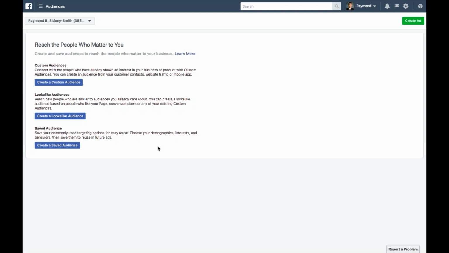So you can create custom audiences from your own databases of information. So say you have an email list. Well, you can put that email list into the Facebook Ads Manager, and it will then say, you know these people already. We can identify these people by whatever information you've given them to be able to do so, say an email address or a phone number, even though Facebook says they don't use them, names, areas where they live, that kind of thing. And now you can display ads to those people, or you can say, don't display ads